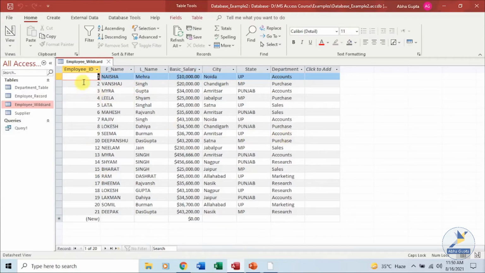We have one more table in the same database, employee wildcard, where we have duplicate records. I have purposely placed these records so that they can be used in the example.